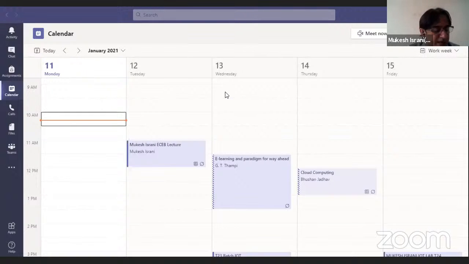The moment you sign in, please make a note. It will ask you to register your mobile number and email. The moment you register your mobile number, you can choose one of the two options. It will send you an OTP on your mobile number. Type that OTP, okay? Change your password